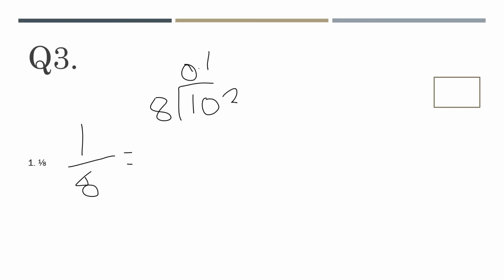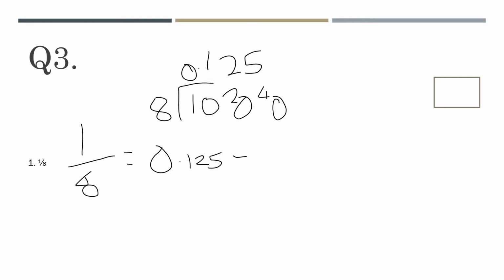Next question. Question 3. Now this gets a bit complicated. So for 1/8, converting a fraction to a decimal means 1 divided by 8, numerator divided by denominator. So 0 point, add a 0 here, 1, 2 remainder here, 0, 2. So 16 and 4 remainder, add a 0 for the decimal point, the fraction to decimal is